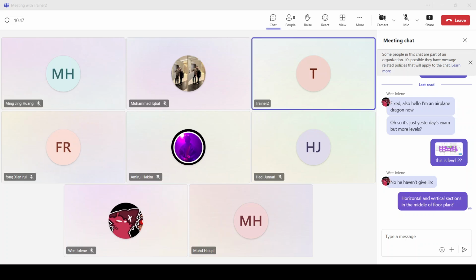Okay, and then another thing, I want you to create the four elevations. I think they already exist in your Revit. You just have to create the view. Just click the elevation. And then afterwards, I want you to place it on a view template. Remember, we studied view templates yesterday. Okay, work smart, guys.